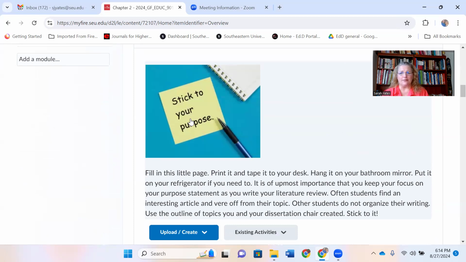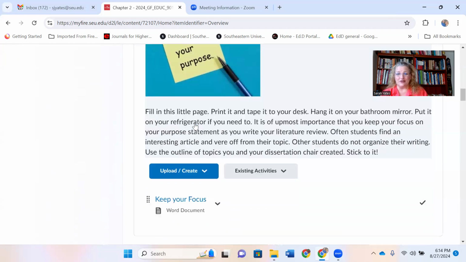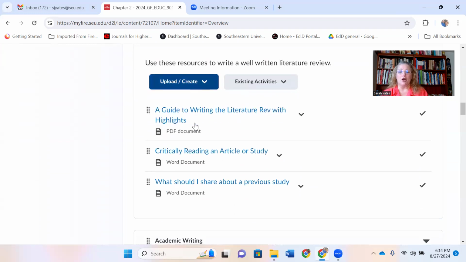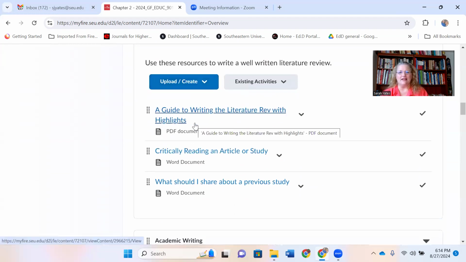As students are writing their chapter 2, we want to be sure that they are aligning what they're writing with their purpose statement. I tell my students to print out that purpose statement and tape it to their desk or to the hutch in their office, but keep that purpose statement in front of them, because we don't want a student to go off on a bunny trail and off on some journey and write 5 or 6 pages that doesn't really align with the purpose statement and doesn't directly relate to their research questions. So keeping focus in chapter 2 is an important part of what the chair should be reminding the student.